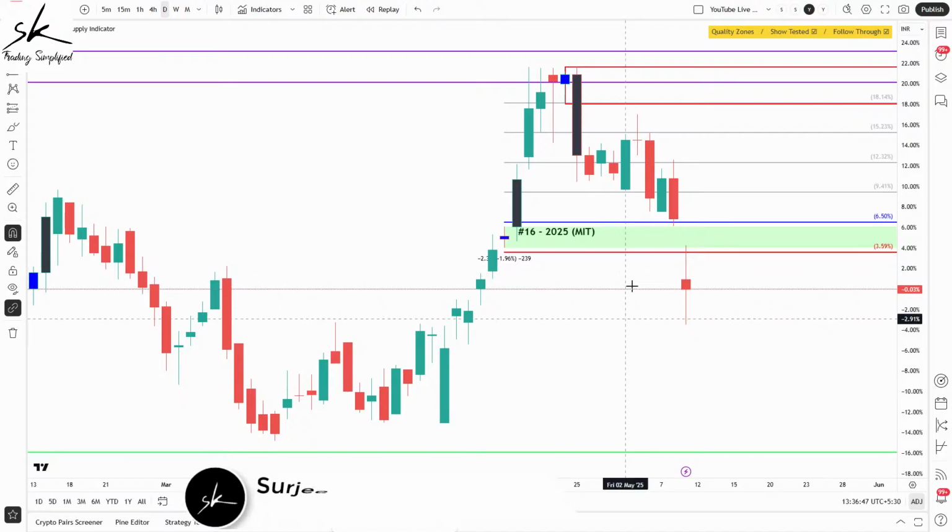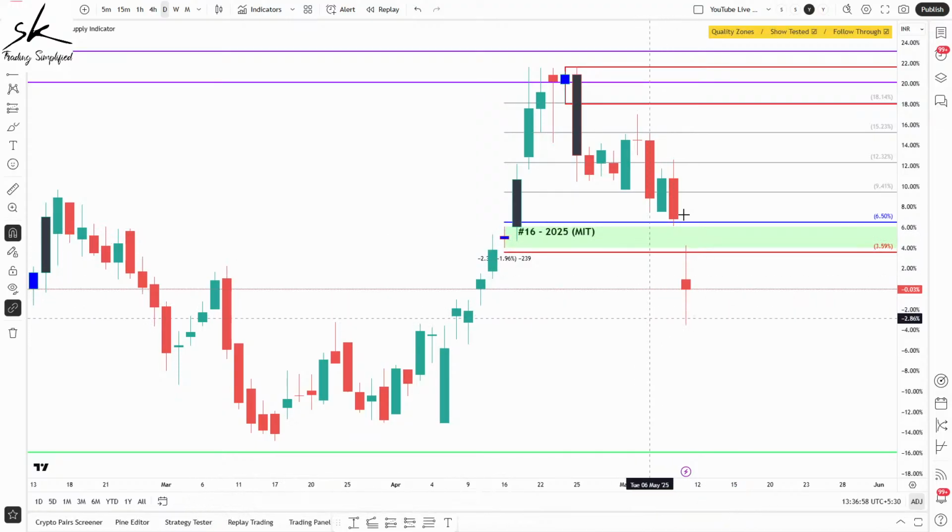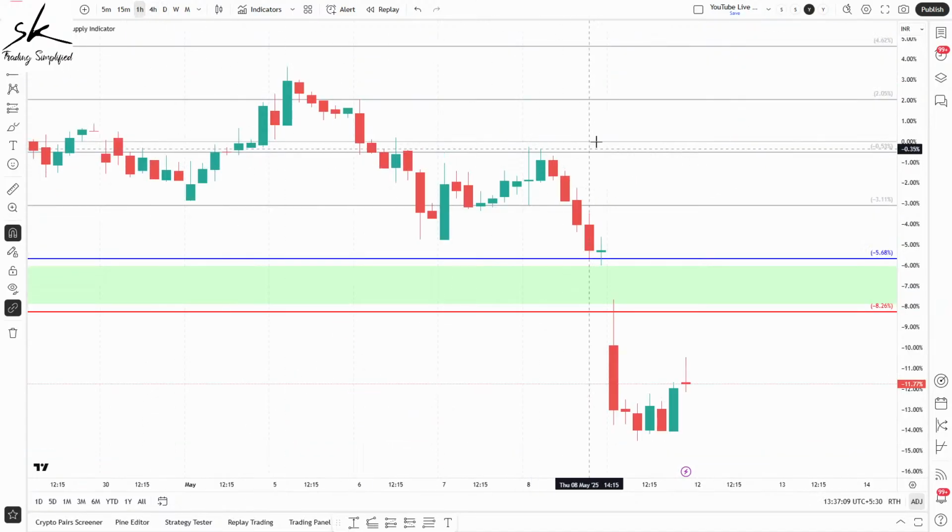And how do we take a type 2, type 3 trade? We wait for the prices to come inside of the zone. Then we wait for a bullish or a very bullish candle, again, depending upon your personality style. If you're very conservative, then a very bullish candle can be a trigger. If you're not very conservative, then even a bullish candle can do. And for that bullish candle, we have to go to the refining time frame, which in this case would be the hourly chart.